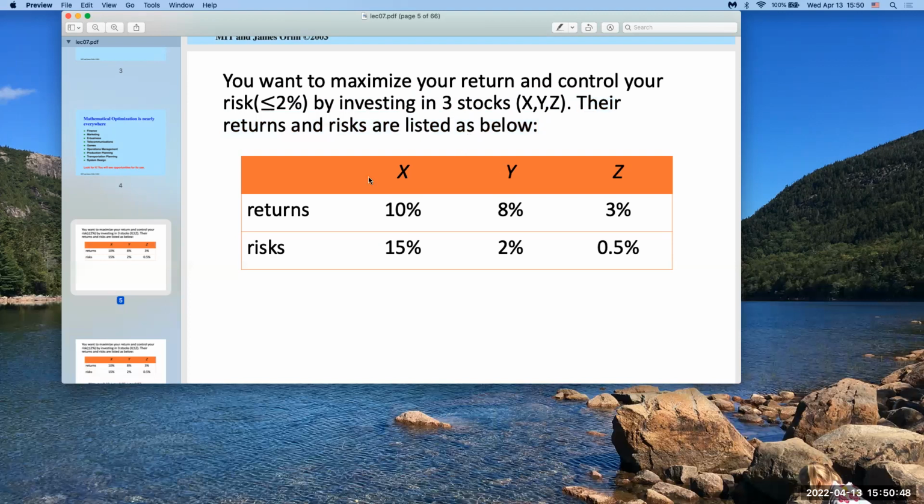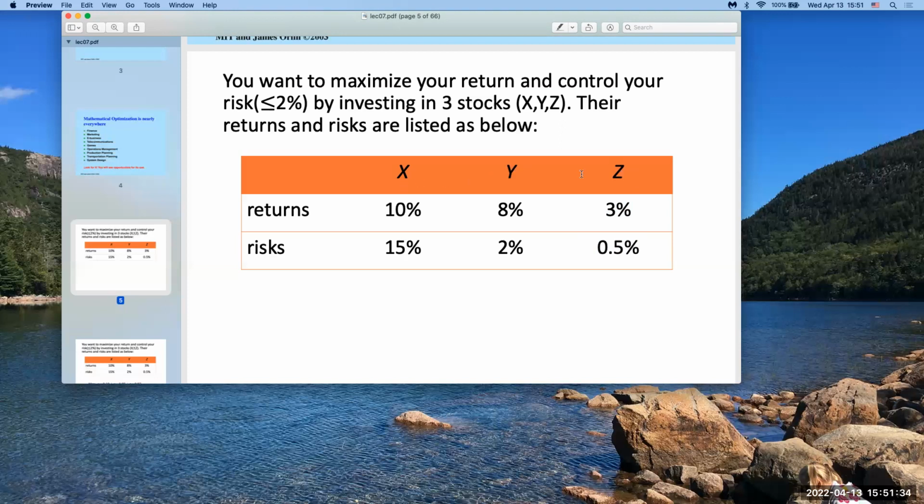And the rate of returns is listed below. Look into this table. It tells the information about the decision variables. If we invest in X, we get 10% returns from the investment, and we get 15% risk. If we invest in Y, we get 8% return and 2% risk. If we invest in Z, we get 3% return and 0.5% risk. There are so many different combinations. Basically we apply X, Y, Z, so X plus Y plus Z should be equal